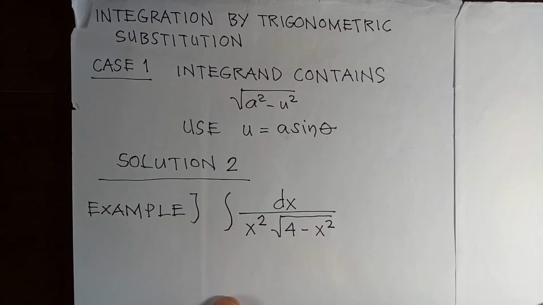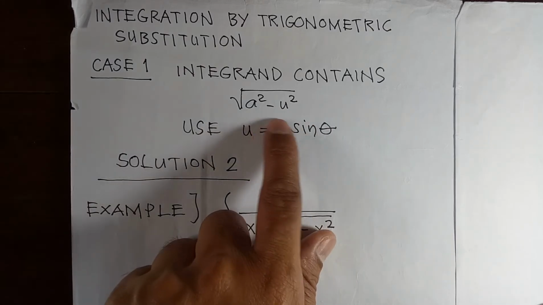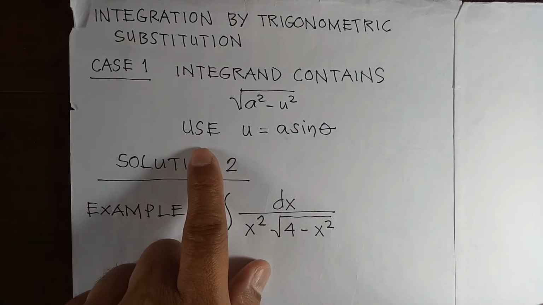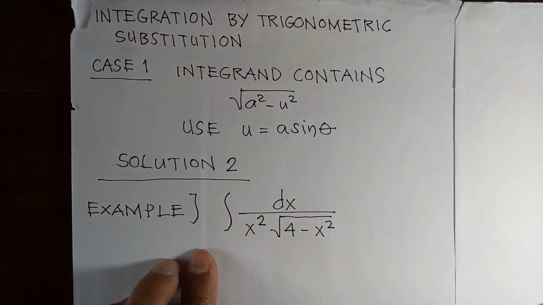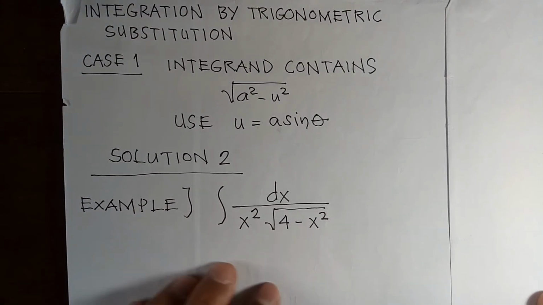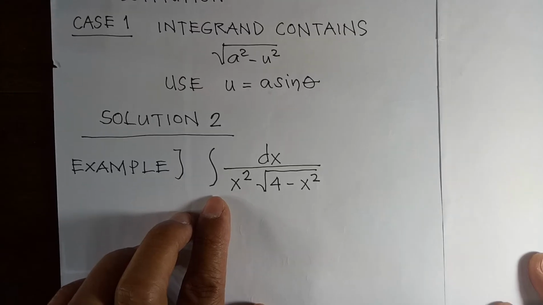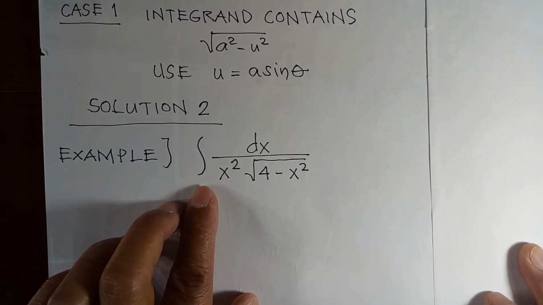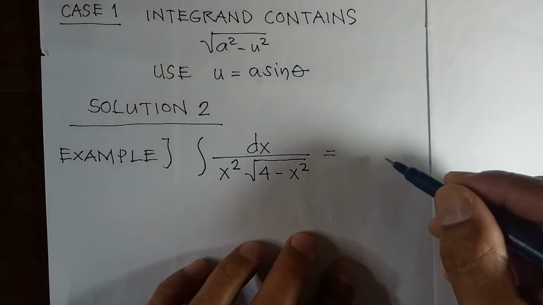Ito naman ang ating solution number 2. Ano? So, nasa case 1 pa rin tayo. Integral contains square root of a squared minus u squared. Ang ating substitution, u equals a sine theta. So, ito yung ating unang example. Sasagutan natin in another way. Ano? So, meron tayong given, integral of dx divided by x squared times square root of 4 minus x squared. Okay. So, equal din sa integral of